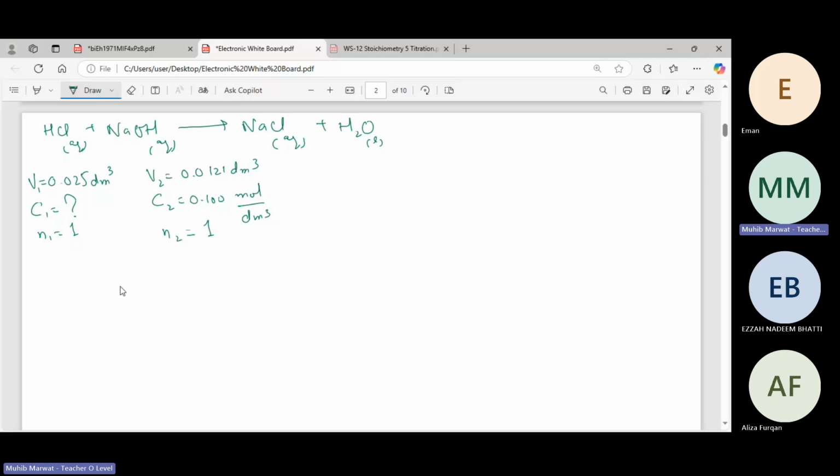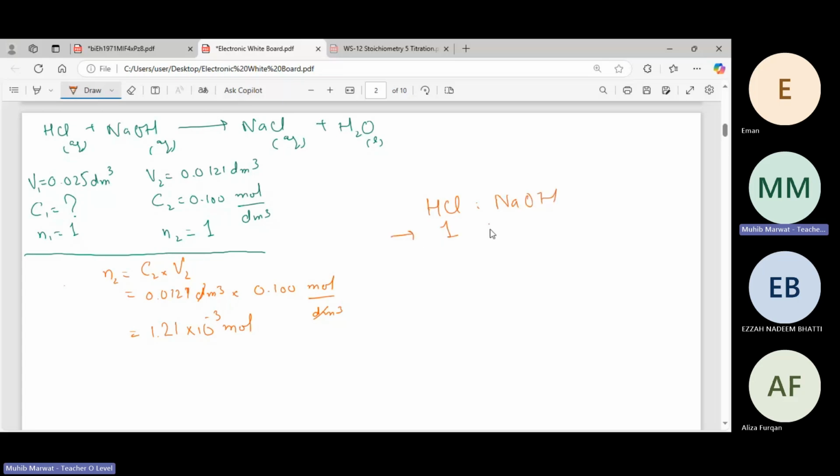The number of moles of base is also 1. Now again, by using the mole ratio, we will first be finding the number of moles of base, right? So this is C2 into V2, the volume like that and the concentration 0.100 moles per dm cube. So what will be the answer, please? Moles, right? According to the balanced chemical equation, 1 mole needs 1 mole. So 1.21 10 to the power minus 3, of course, the number of moles will be the same for acid, right? Then we are going to convert it into concentration. Concentration is equal to number of moles of acid divided by volume of acid. The number of moles is 10 to the power minus 3 moles, and the volume is